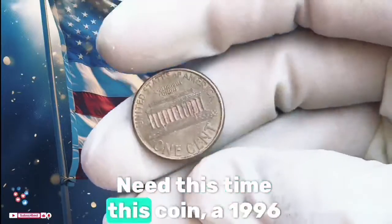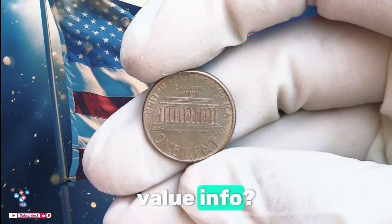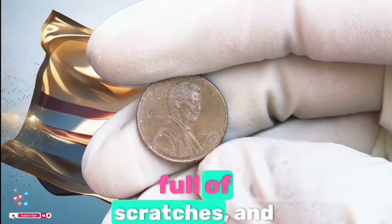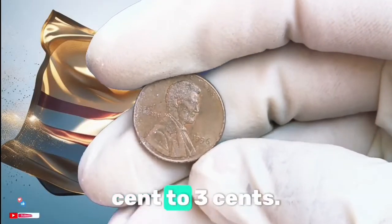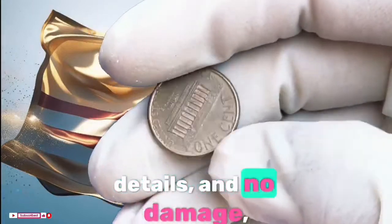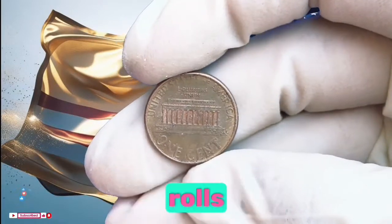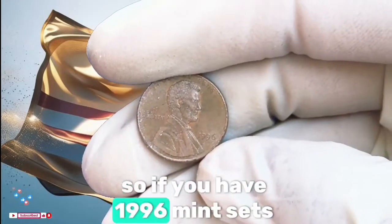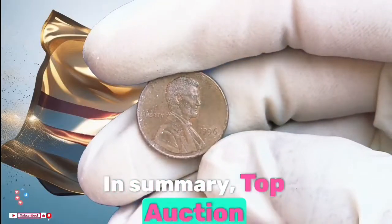Need to know this coin's value info, a 1996 no mint mark Lincoln cent? Then keep listening. If your coin is heavily circulated, full of scratches, and brown in color, its value is usually just 1 cent to 3 cents. But if it still has luster, sharp details, and no damage, you could be holding a minor treasure. Uncirculated examples in rolls or mint sets often carry hidden gems, so if you have 1996 mint sets lying around, check them. In summary, top auction record,